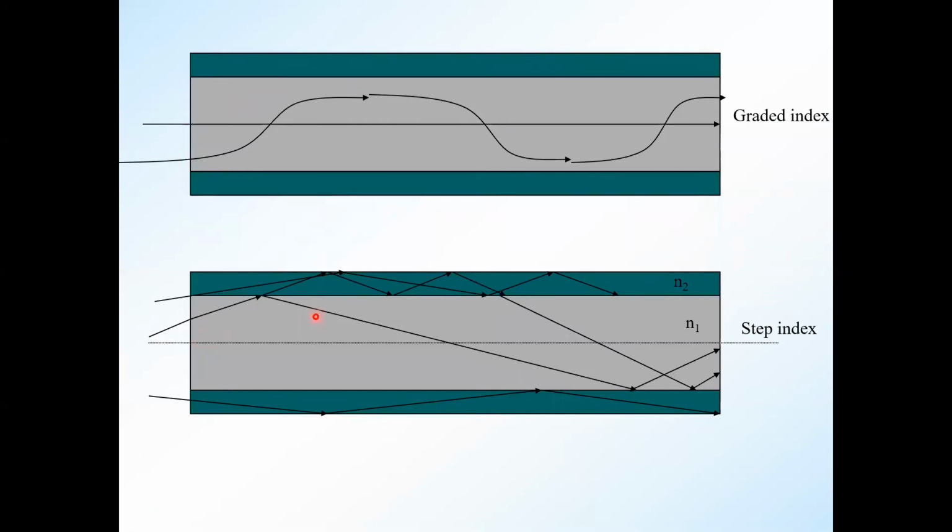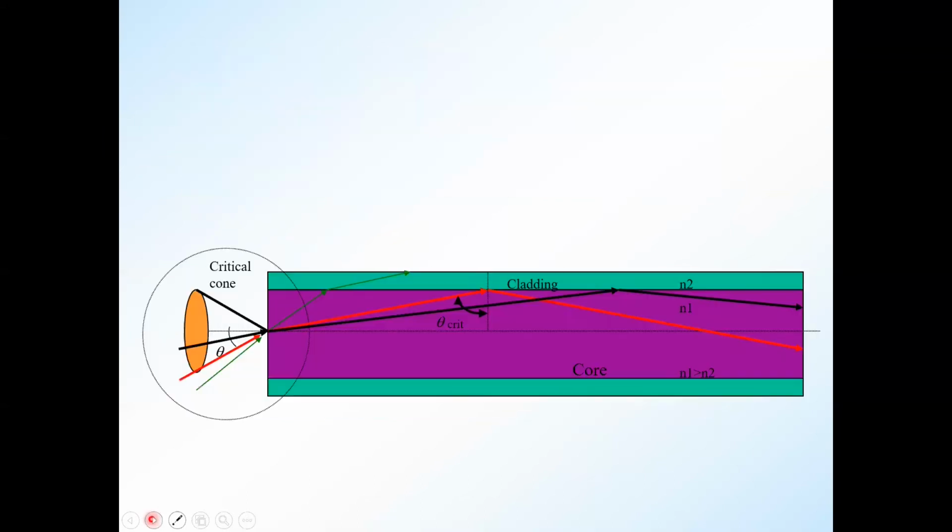Now this I had already told you, how the signal travels in step index taking a triangular path and graded index taking a curved path. Advantage here is it has got a lesser dispersion, larger bandwidth. This has got a larger dispersion. Now one more term that is important is numerical aperture. Now when I said single mode and multi-mode, the impact is on the numerical aperture. Aperture, as it says, is this cone we are talking about.